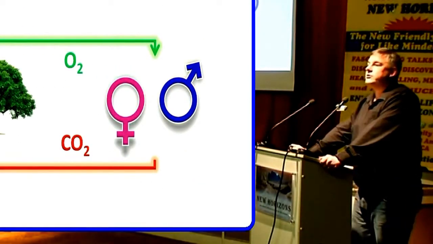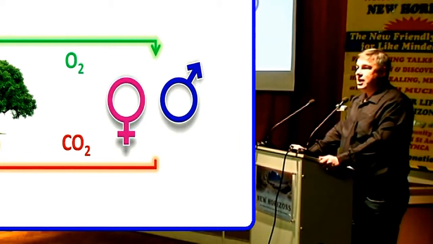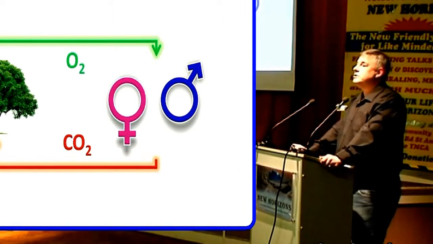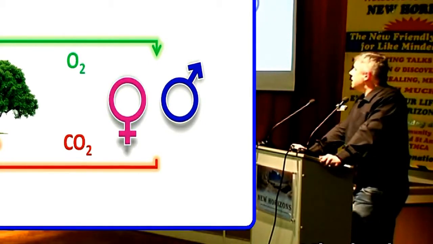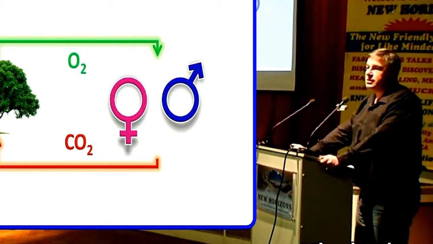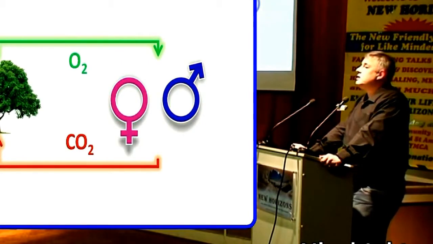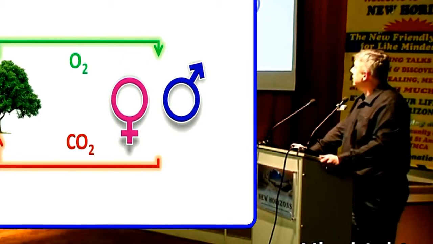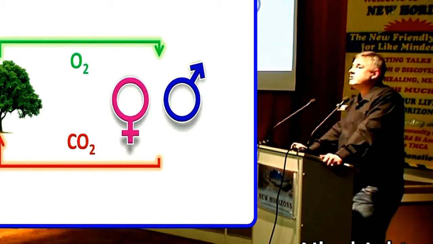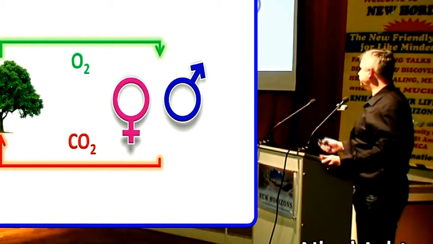So, here's a very simple diagram to illustrate. On your left, we've got the flora, and on the right, we've got the fauna. So this is the fauna and the flora, and the fauna inhale oxygen and exhale carbon dioxide, and the flora, through photosynthesis, absorb CO2 and emit or excrete oxygen. So this would be a very simplistic diagram to demonstrate a mutualistic relationship. This is an example of mutualism.